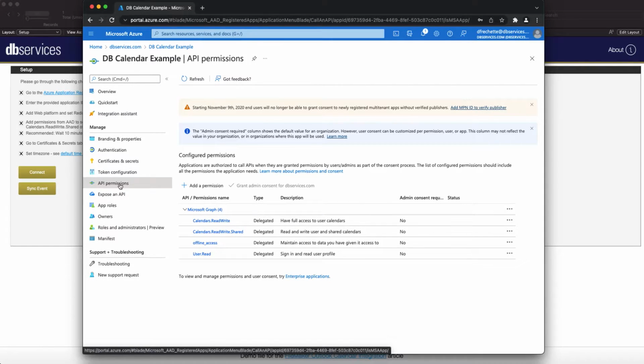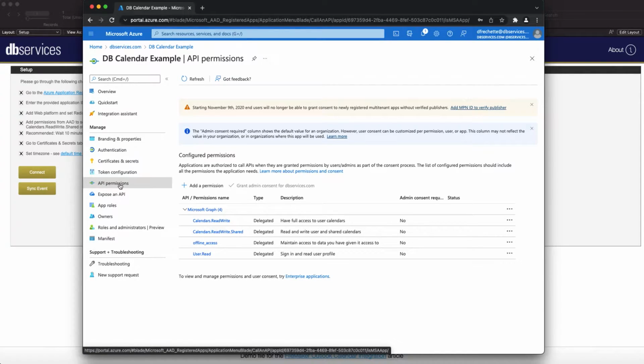We're going to be adding 4 permissions, all of which through the Microsoft Graph API. Calendars read-write, which will allow the API to access the user's calendar and interact with it, creating and updating events. Calendars read-write shared will do the same, but for calendars that have been delegated to or shared with the user. Offline access will allow the application to continue updating and reading the user's information even while it is not actively being used. And user read is going to be used for our sign-in with Outlook and getting our access tokens